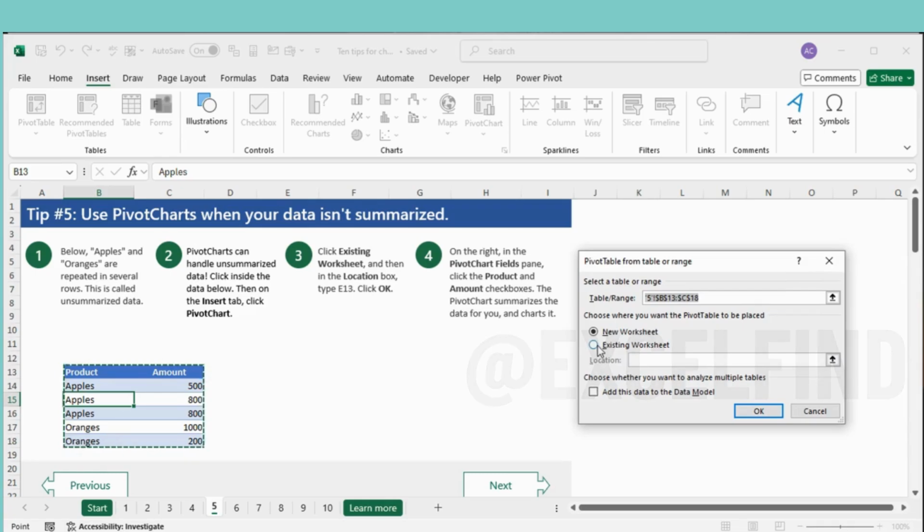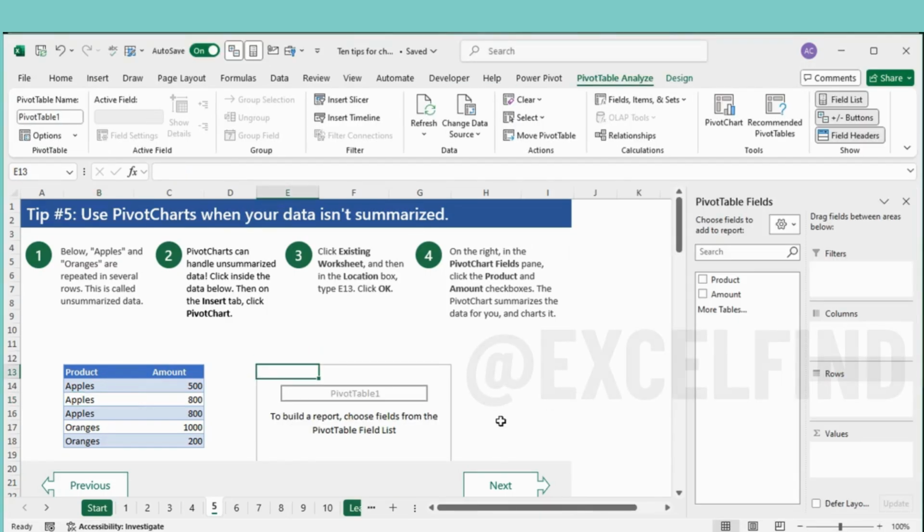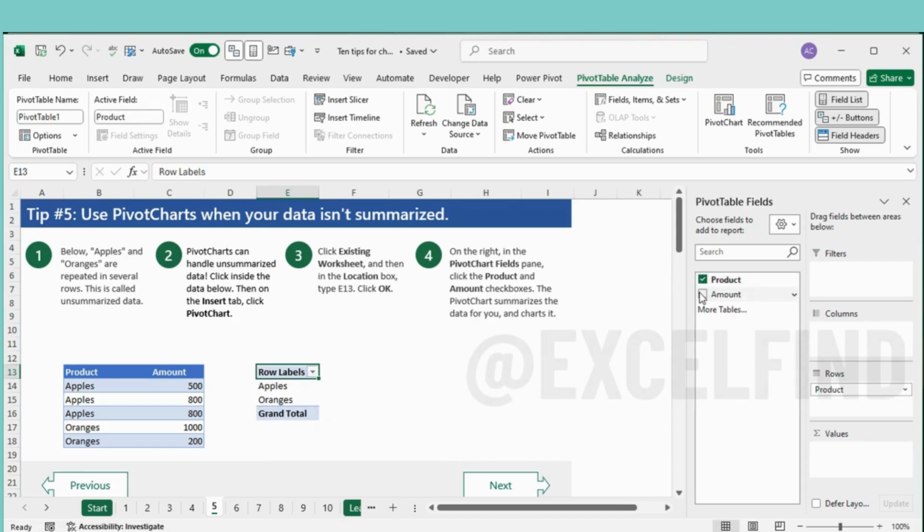Click Existing Worksheet and select the location E13 and click OK. In the pivot chart fields pane, click on the product and amount checkbox. The pivot chart summarizes the data for you. Apples and oranges are now summarized.